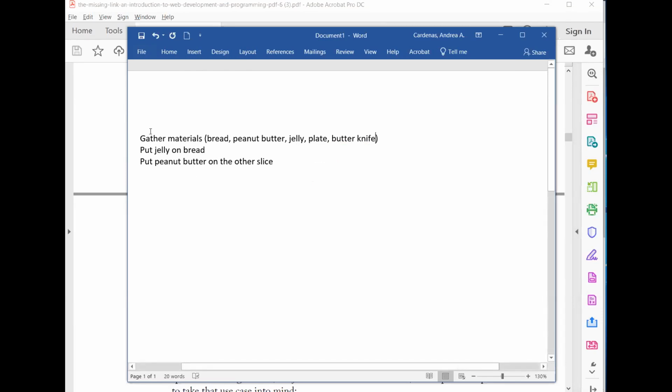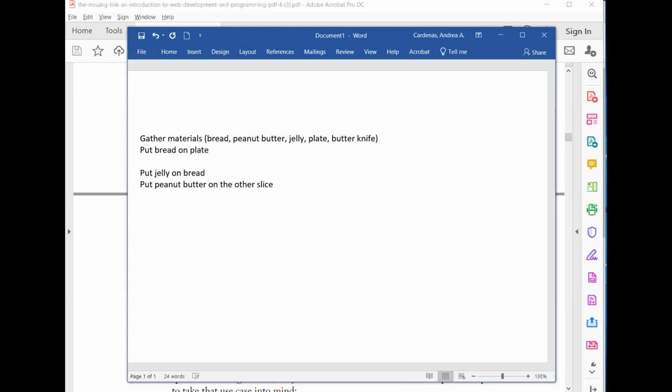When you're doing pseudocode, you're not actually writing code, you're just getting it straight in your mind. So if you say, gather materials, put jelly on the bread, but you know what? Maybe I should just put the bread first. Okay, and maybe,